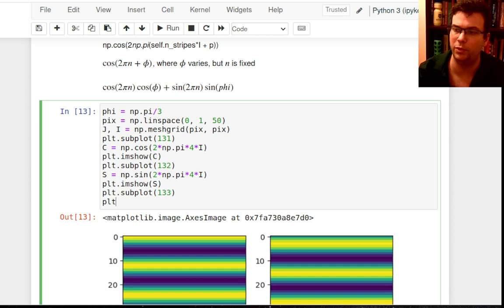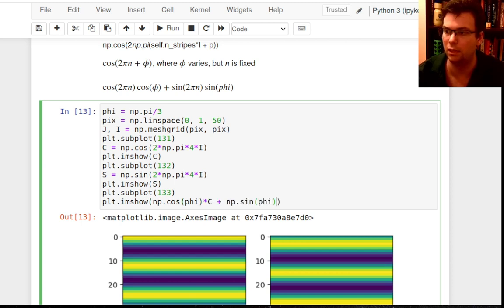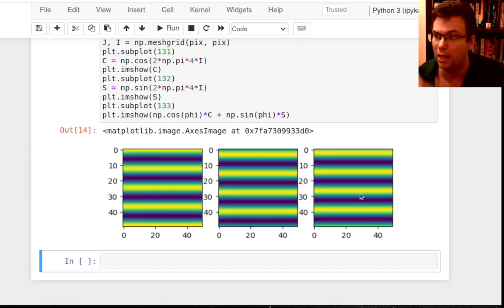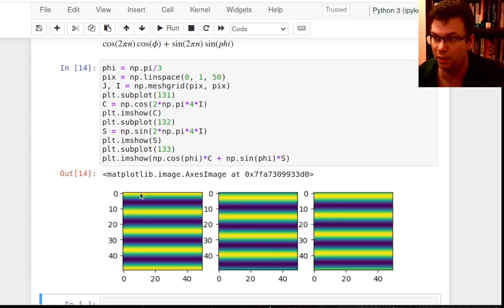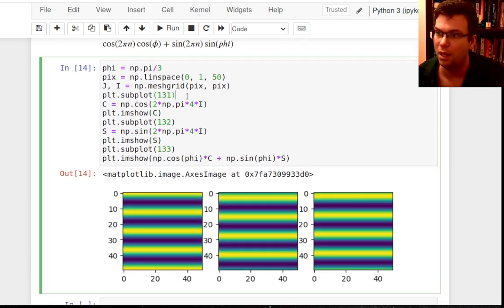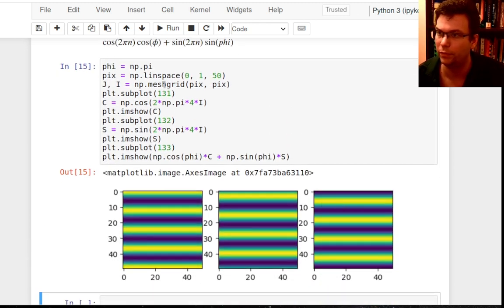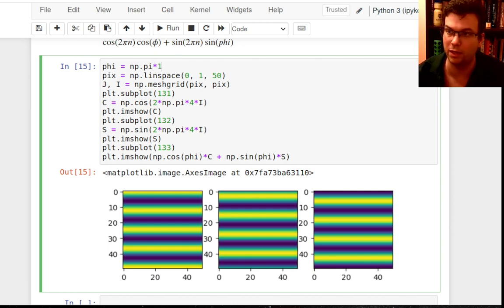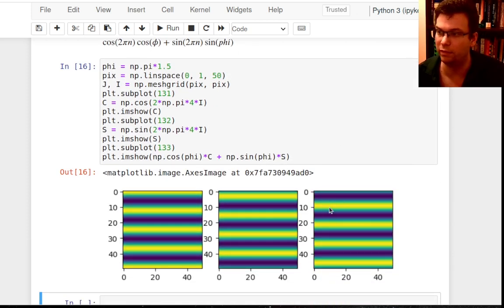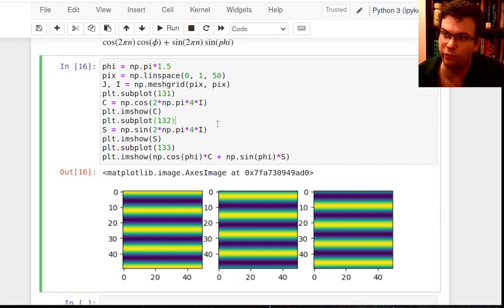And here I were to say plt.imshow, it's supposed to be cosine of phi times C plus sine of phi times S. And so this is a different image. It's not quite this one or that one. I can move this along anywhere I want. So maybe I'll go np.pi, that'll move it down a little bit further. Maybe I'll go even further. Maybe I'll say pi times 1.5. That moved it down even further. So my point is, from these two images, you can get any smooth striped image as a linear combination of